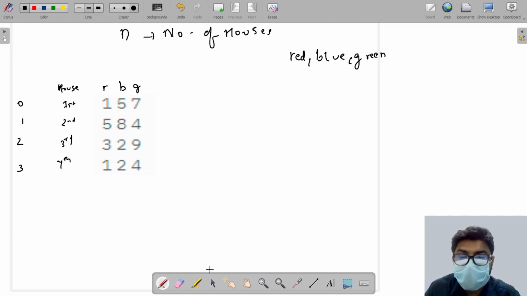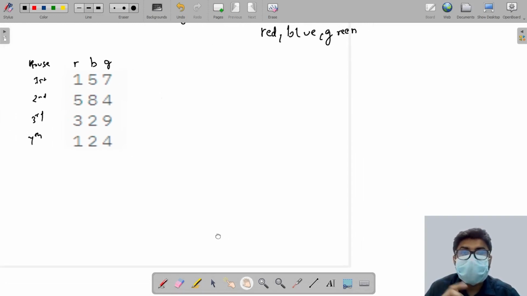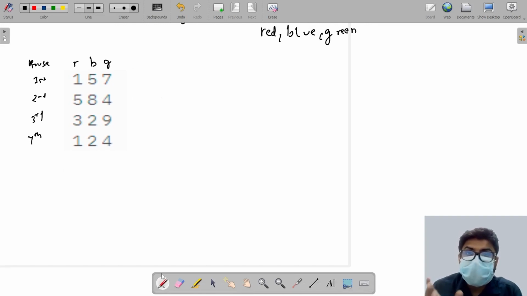So how will we do that? The first thing I'm going to do is assign storage. As we always do, first we assign storage and meaning, then we find the direction, and the last thing we do is traverse and solve. That is what I'm going to do. The storage would be of the same size as the given matrix, so it is of size n cross 3. Let us first take a